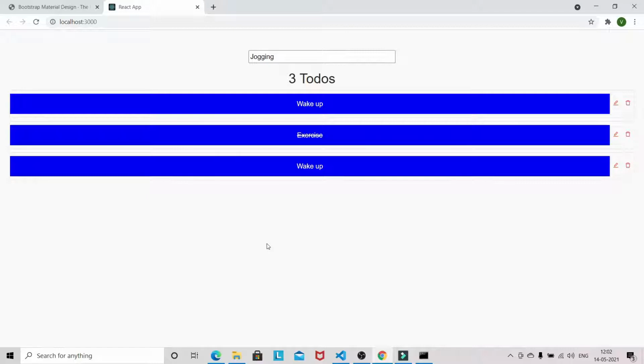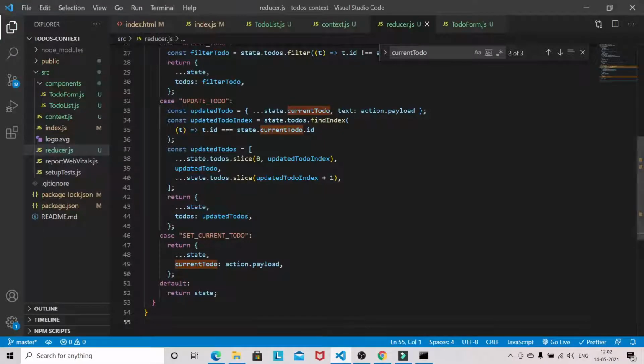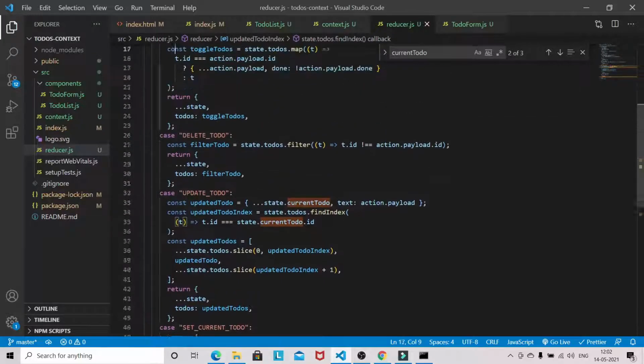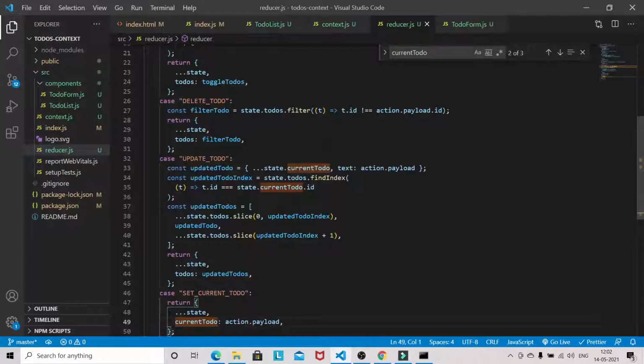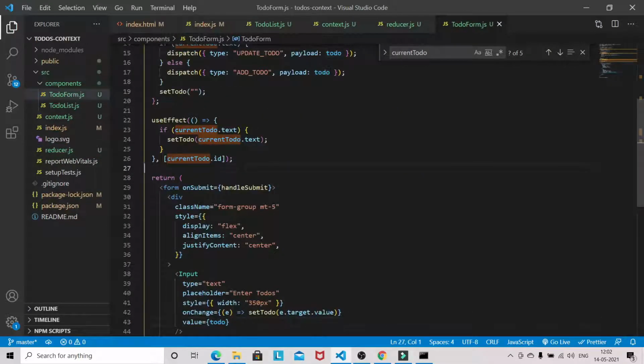So let's come over here. One by one we are going to improve this application. So first we will be removing that text from the input if the to-do item is not there.